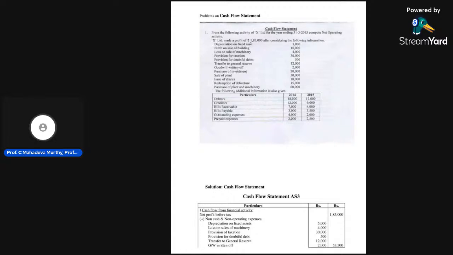This is the type of problem they may ask in the examination. With the help of this information, the fund flow and cash flow information, we need to prepare here